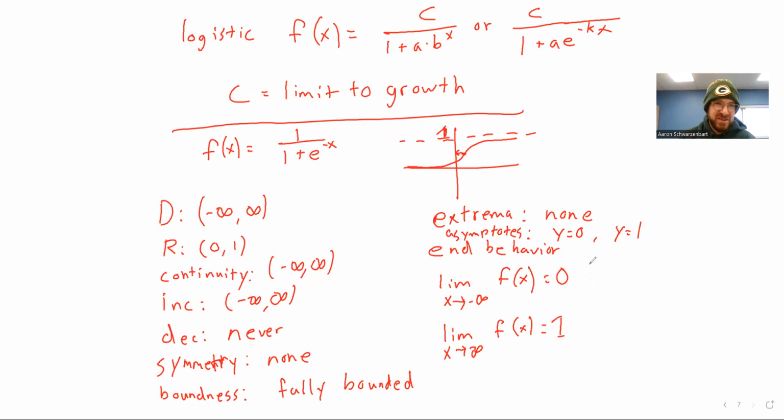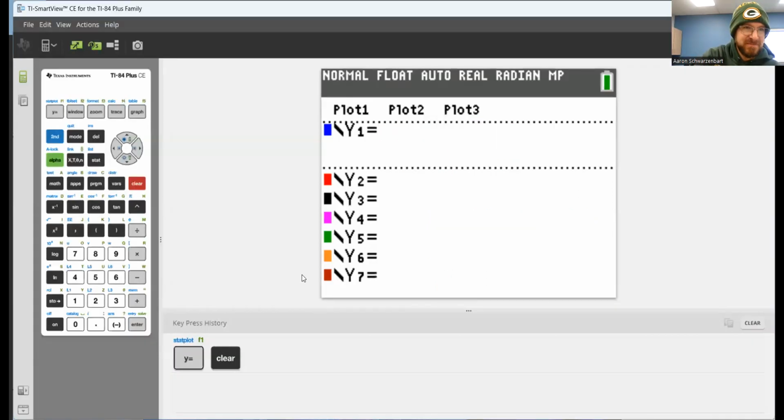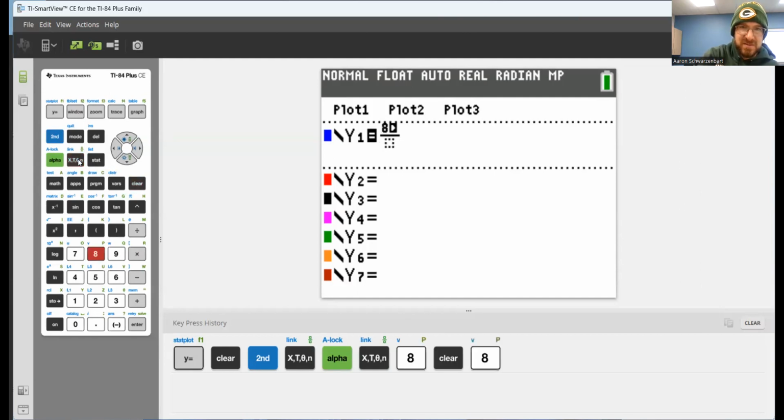So graphing logistic functions. We're going to go look at our calculator and we're going to talk about what everything means on it. I'm looking at example 7. And I'm going to graph both of these logistic functions. Okay. 8 divided by 1 plus